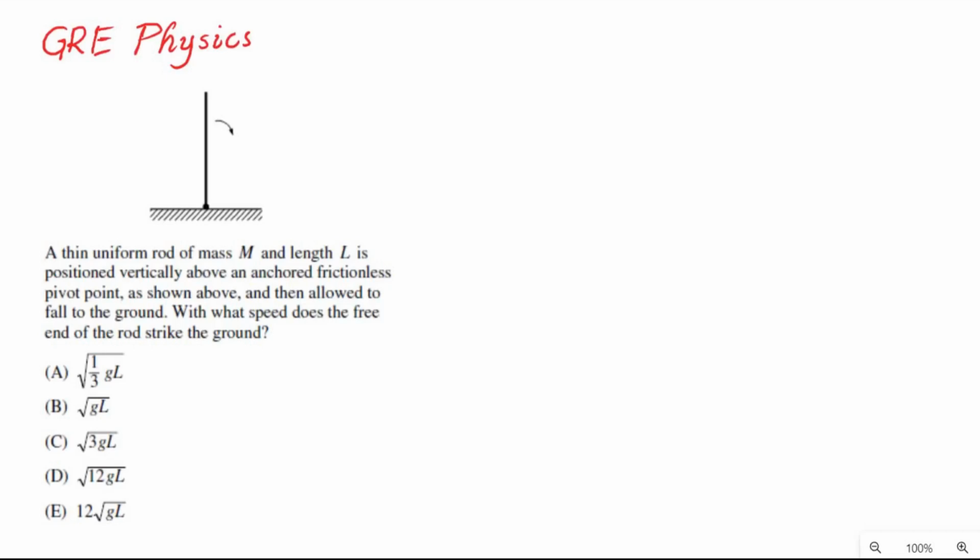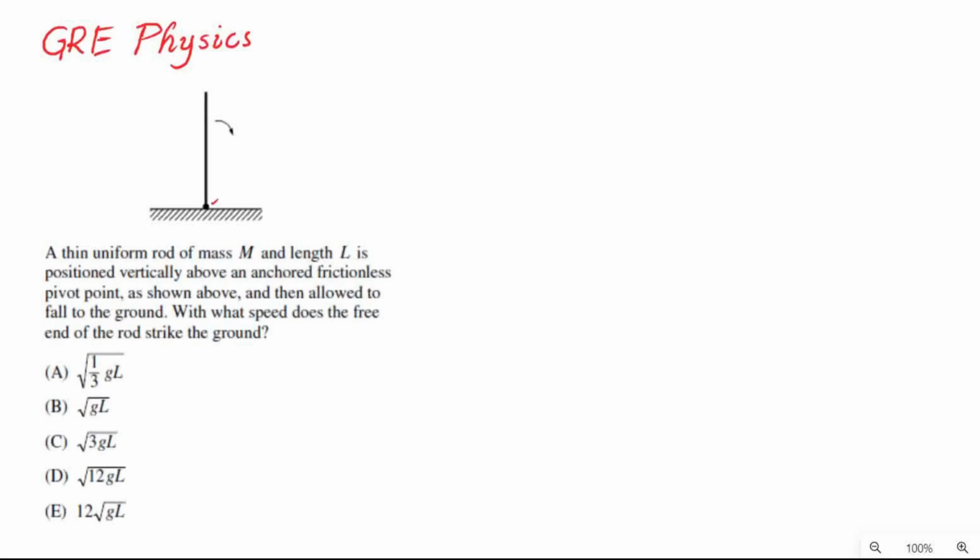Hello everyone, we got a GRE physics problem here to solve. It's in classical mechanics, and in this problem we are given a thin uniform rod of mass m and length L as shown in the figure here, and this rod is positioned vertically above an anchored frictionless pivot point here, this one,